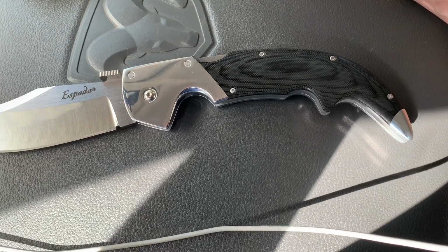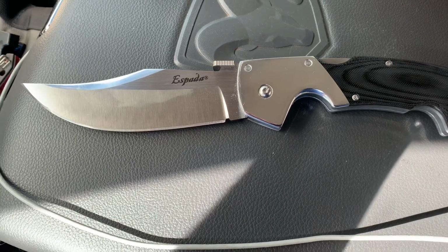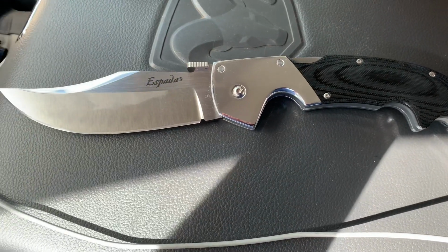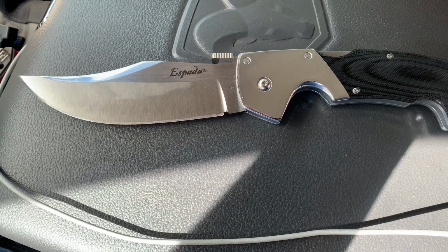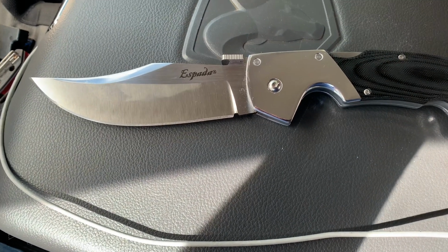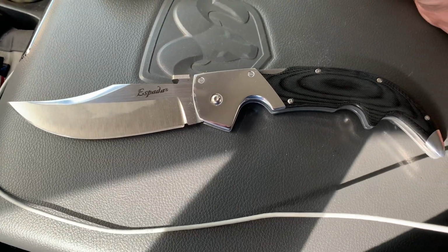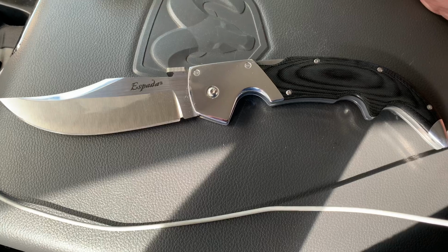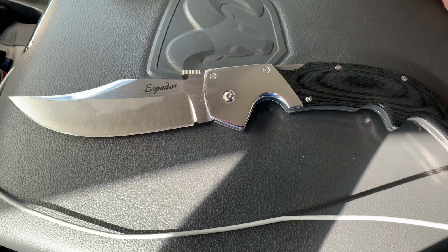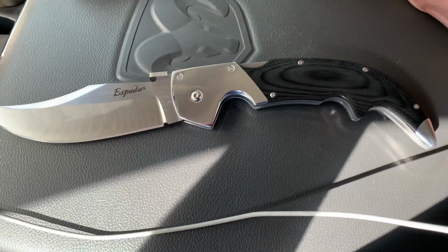But anyway, I just want to give you guys a look at that and tell you that I'm super impressed with it. I think they had one left on Amazon is what it said. But anyway, go check it out. When these were AUS-8, I just wasn't interested in that. Barely interested in AUS-10, maybe, just because it's such a huge blade, especially on the larger one. That's why I got the G10 AUS-10 version, because it's just so big. It ain't like I'm going to be using it for cutting tasks and wearing the blade down. This one I may use for a few cutting tasks, not many. This is mainly a self-defense knife, but